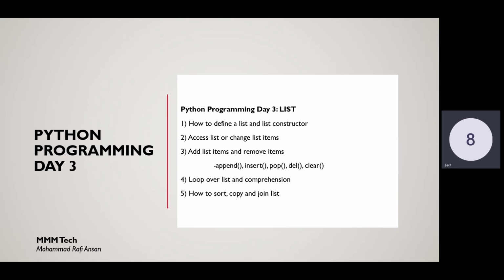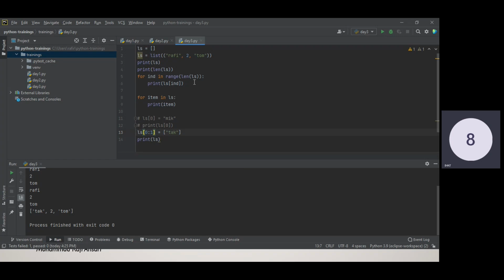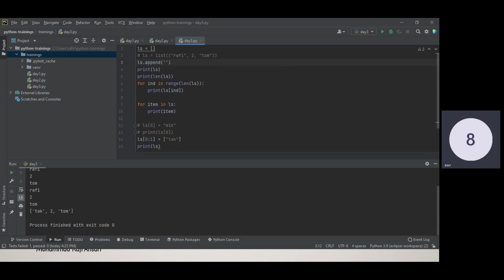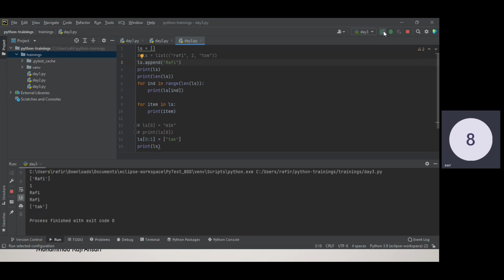Add the list items and remove. Okay, so in the method we have already, I think I have not checked it. Okay, so give me a moment, let's comment it. Okay, so ls dot append, I'm going to enter the content for this list, roughly. So see, roughly is the only value there, okay, that is roughly. Okay, so if you want to add more values,